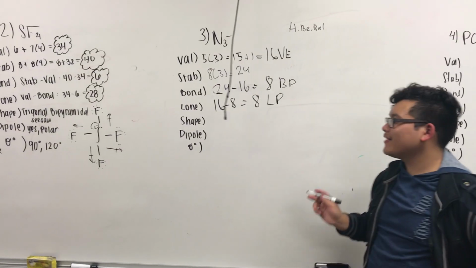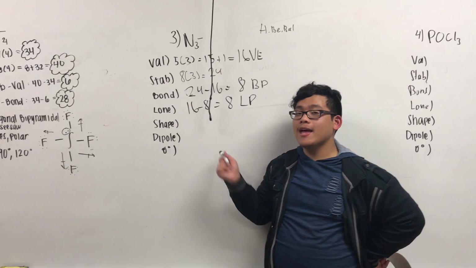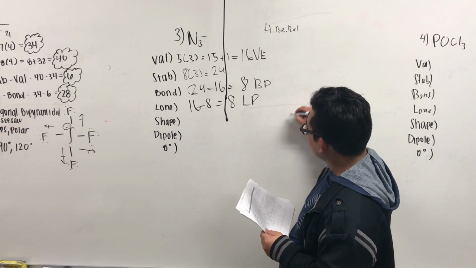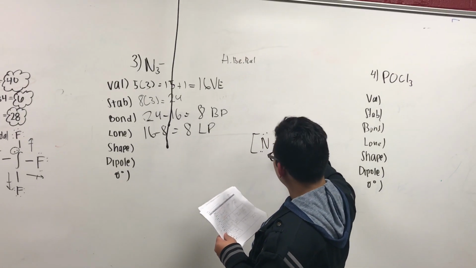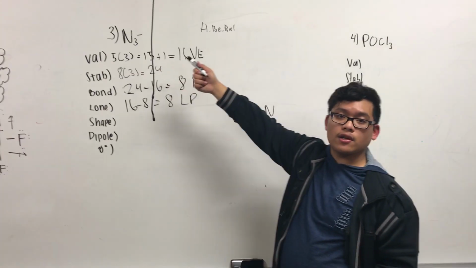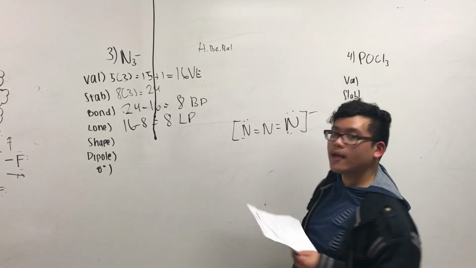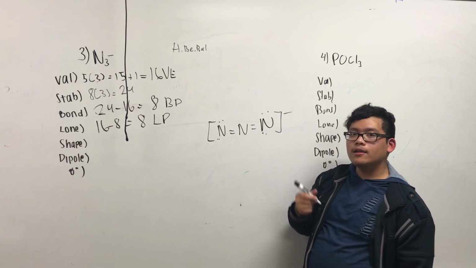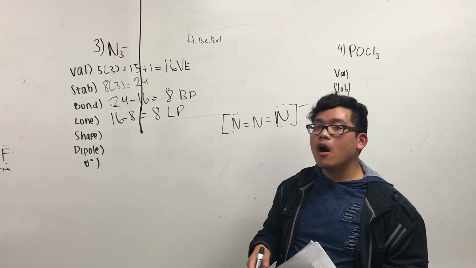Sorry, I'm going too quick, but now we gotta draw it. If you draw this, there's many ways to draw it. Not many, just 3. So I'm gonna draw it the first kind. Do we have to put it in those brackets? You have to, because there's a charge. Like that. And you can realize that this double bond can be distributed many ways. This structure can be drawn two other different ways, and we call this resonance,